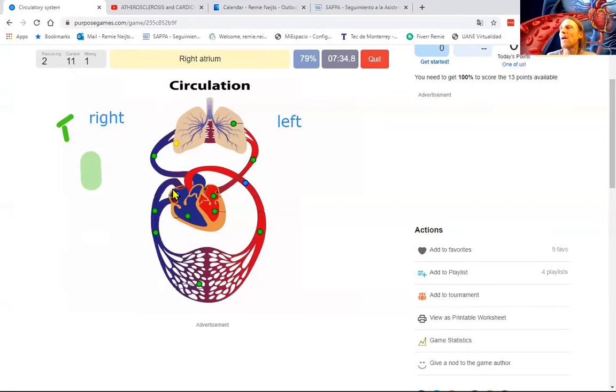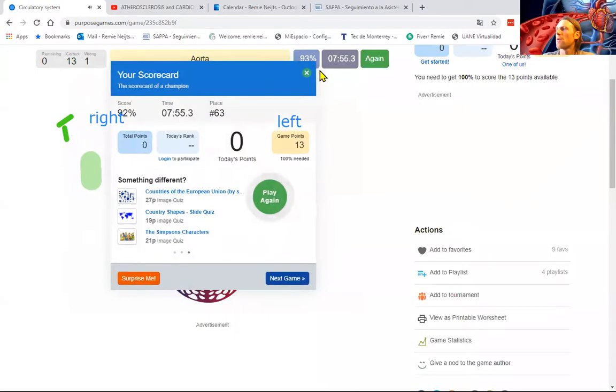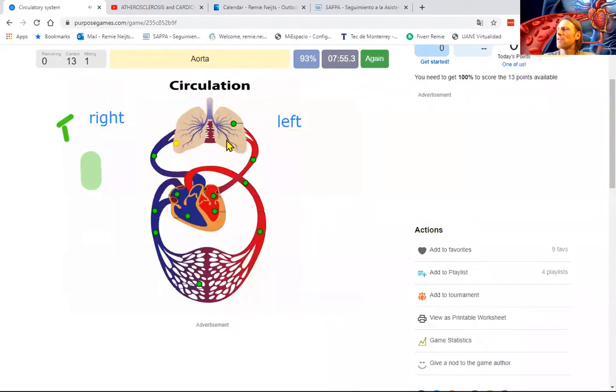So, Daniela, the right atrium, where would that be? Only one left? It's the top right. Okay, well done, dear. And then the last one for Ana Pau, who is the aorta. It's the one in the left. That one. Perfect. Okay, you did fine. It was a bit confusing here, but basically that's what we're going to see today,